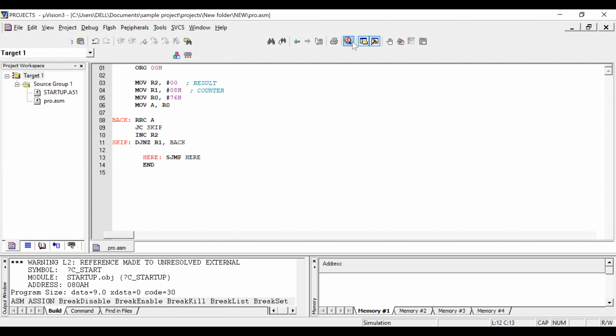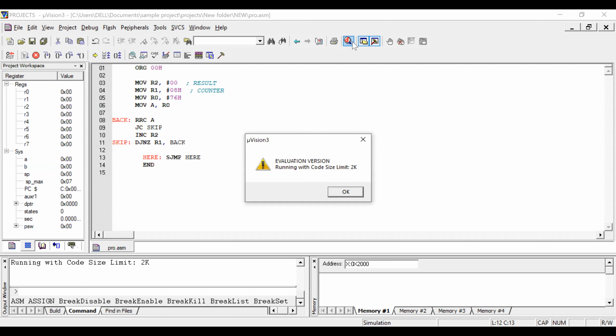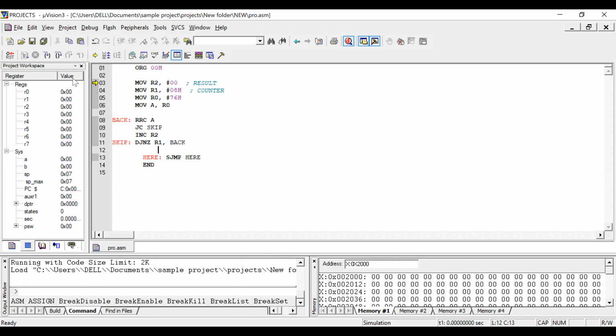Always, if you change anything in the program, come out from debug mode, go to the normal mode and rebuild it. Then you come back to the debug mode. If any input you want to give, you can give here and start running the program.